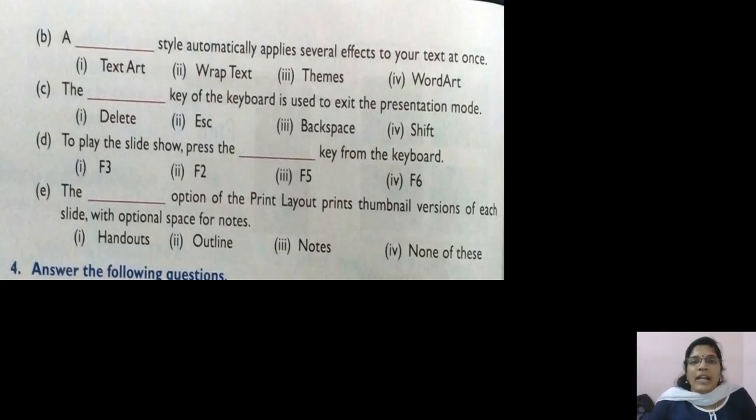What I'm feeling is Saturday you can study and Sunday you can write the test paper. If anybody has a concern about writing the test paper on Sunday, or if you have any urgent work on Sunday, please let me know. If it is very few of them, I will not change the date. For the remaining students, it will be on Sunday. And if I'm not getting any reply from students, I will conduct it on Sunday itself. So study this chapter thoroughly and get ready for the test paper.